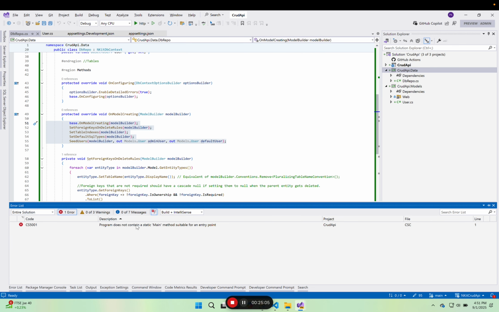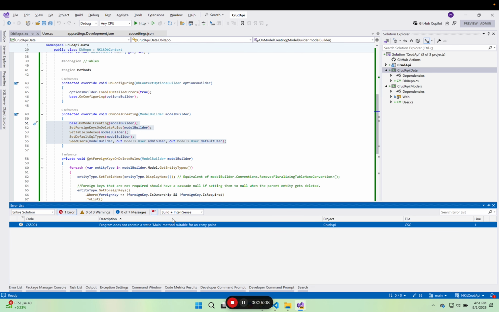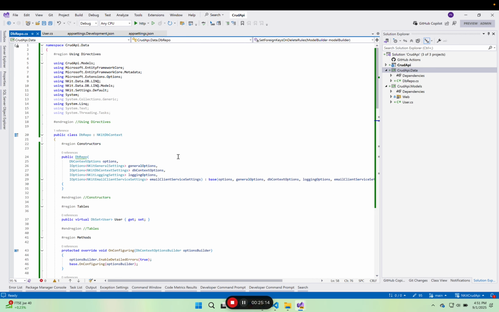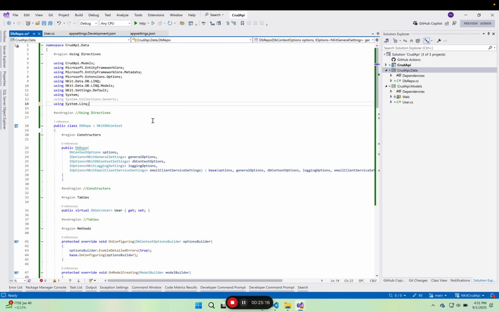Okay, let's see what it's complaining about. So we don't have a main method. So now we set up the DB repo. We're done with that. Now the next thing that we need to do